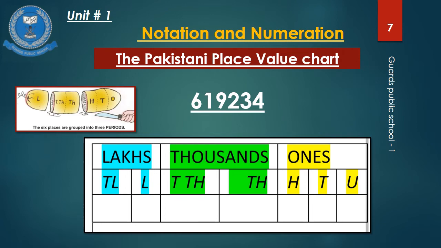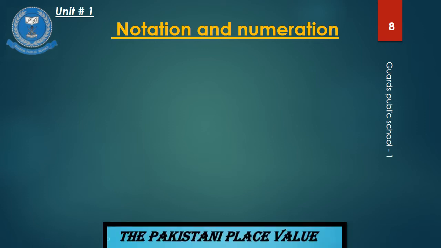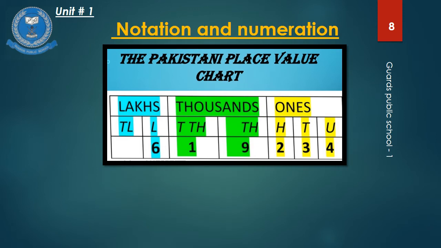For reading a 6-digit number, group the digits according to the periods in the table and then place commas to separate the digits. Now let's start how to write in the Pakistani place value. Let's begin. First of all, which places are there? Ones, then tens, then hundreds, then thousands, then 10,000. Till here all the values we have already learnt. Now the difference comes, that is lakhs. Students forget to put the commas.